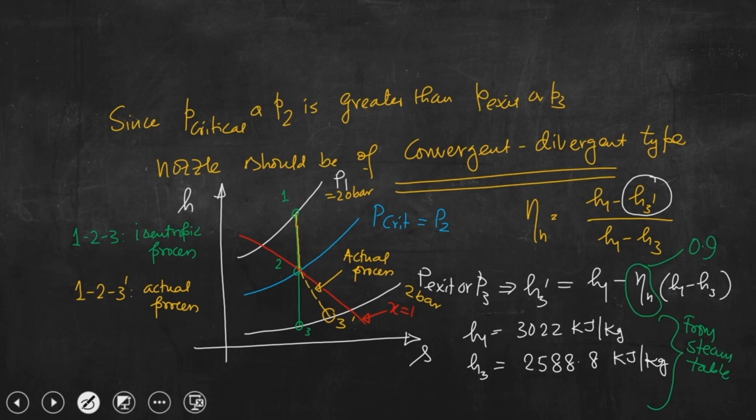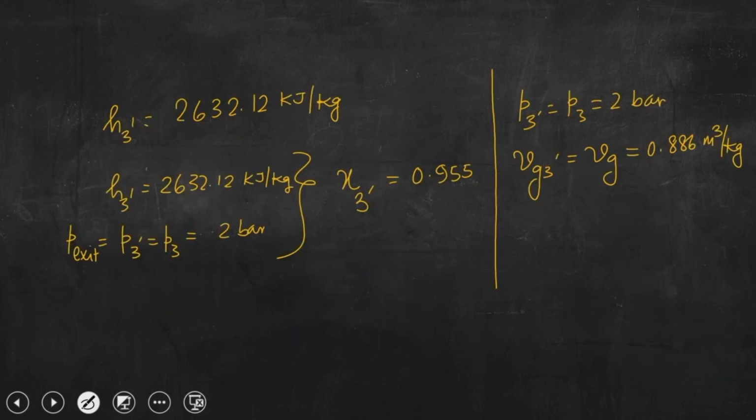So, we can calculate what is V g for that pressure. Now, that V g, so what would be the specific volume at 3 prime? That V g multiplied by the dryness fraction. So, try to understand, we have already calculated dryness fraction at point 3 prime, and that point 3 prime is also on the P 3 line, that is exit pressure line. We have already calculated V g 3 prime equal to V g equal to 0.886. So, what would be V 3 prime, that is x 3 prime into V g or V g 3 prime,